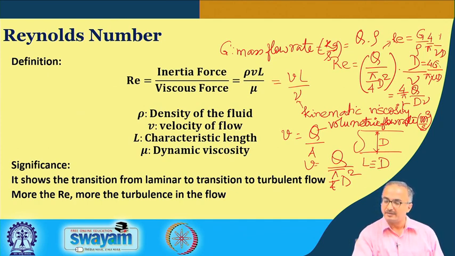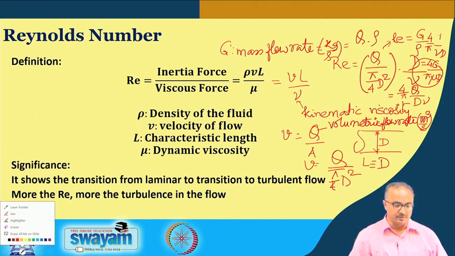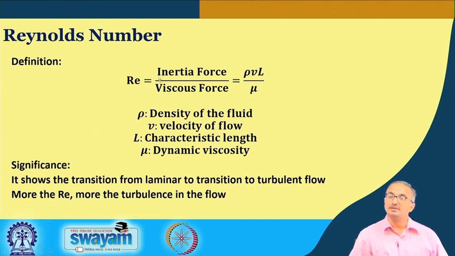So, sometimes you will also find Reynolds number in these terms. There could be many different representations of the Reynolds number in terms of velocity, in terms of volumetric flow rate, and in terms of mass flow rate. Whatever it may be, ultimately this is the ratio of the inertia force to the viscous force. And how is it important? It is important because the relative values of these two forces tell us about the nature of the flow. Nature means whether the flow is laminar or turbulent.